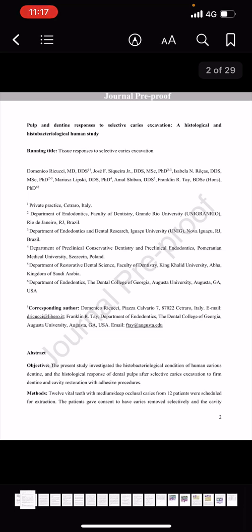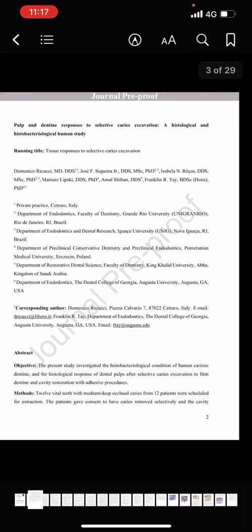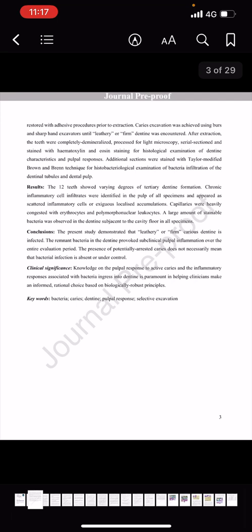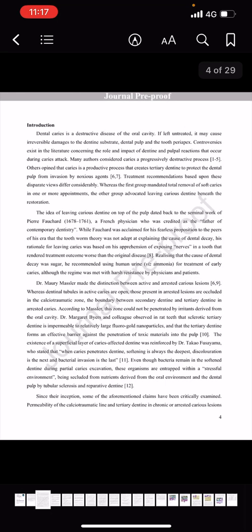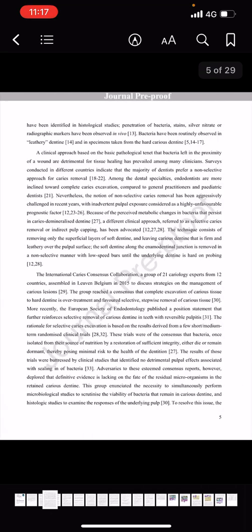The hypothesis tested was that selective excavation arrests carious progression and prevents infection of the dental pulp without creating adverse pulpal reaction. For the method,